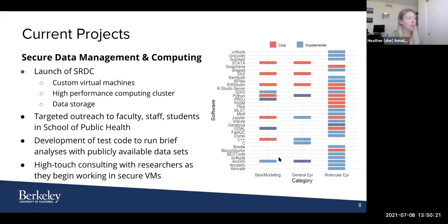So part of my role, in addition to just consulting around this, but one of the main projects that I've been working on is conducting targeted outreach to faculty, staff, and students in the School of Public Health. And being a student who's been taking classes in the past couple of years, I have a lot of close connections with faculty members who have been seeing my face all the time in class. So if I email a professor that I've just had 2 classes with in the last year,